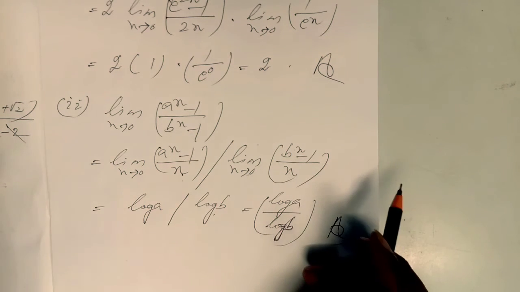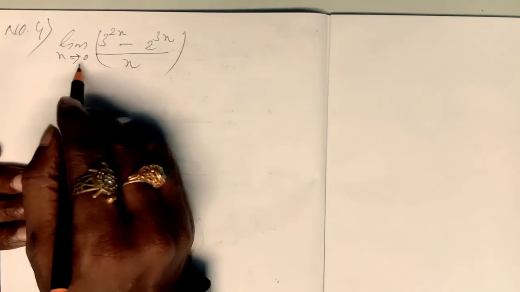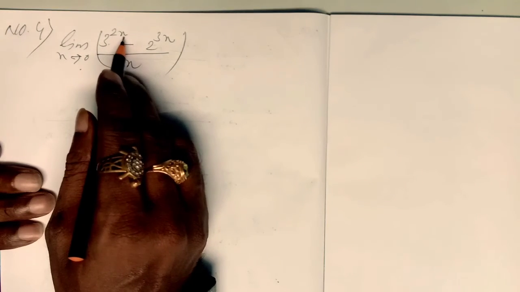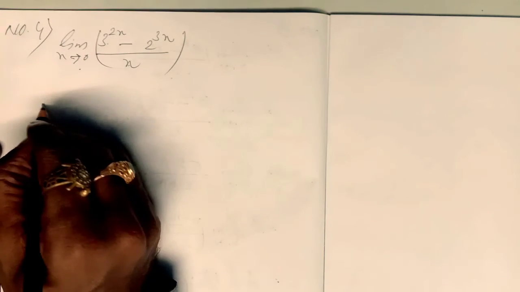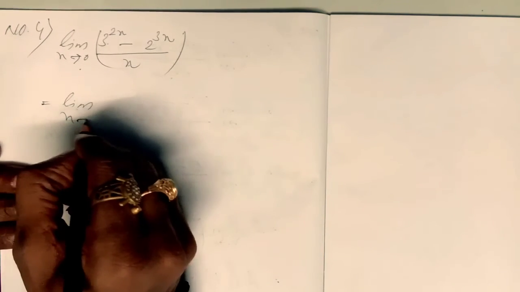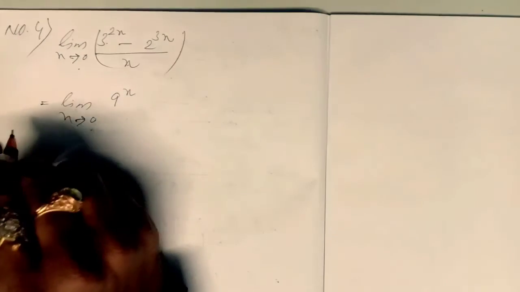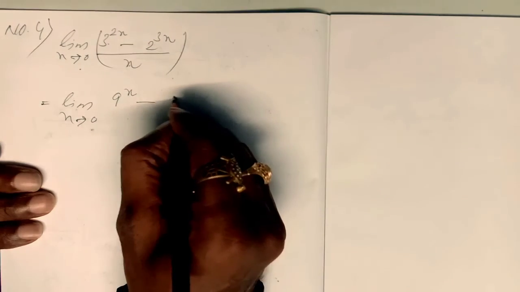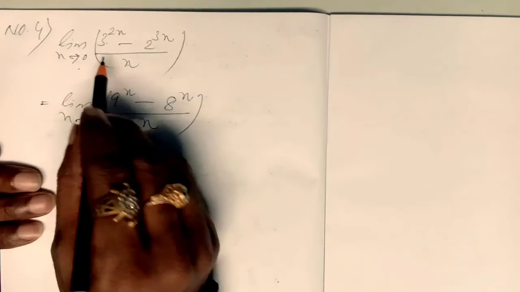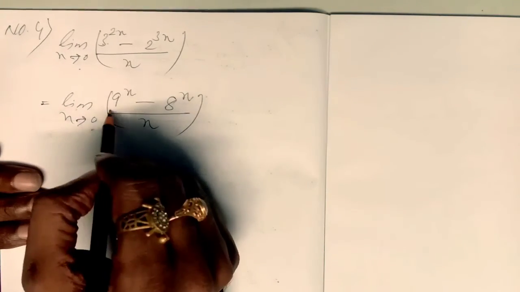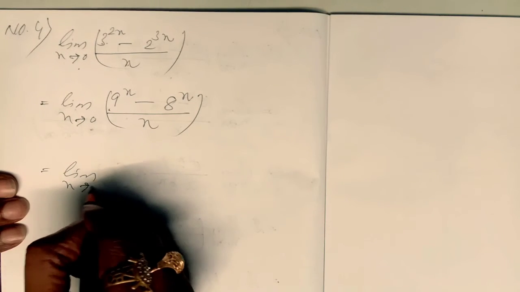Okay, let us go to number 4. See the question number 4, first part. Limit x tend to 0, 3 to the power 2x minus 2 to the power 3x by x is given. Do one thing here. Limit x tend to 0. 3 to the power 2 means what? 9. I can write here 9 to the power x. Minus 2 cube means what? 8. I can write here 8 to the power x by x. So only simplified: 3 square means 9, 2 cube means 8.